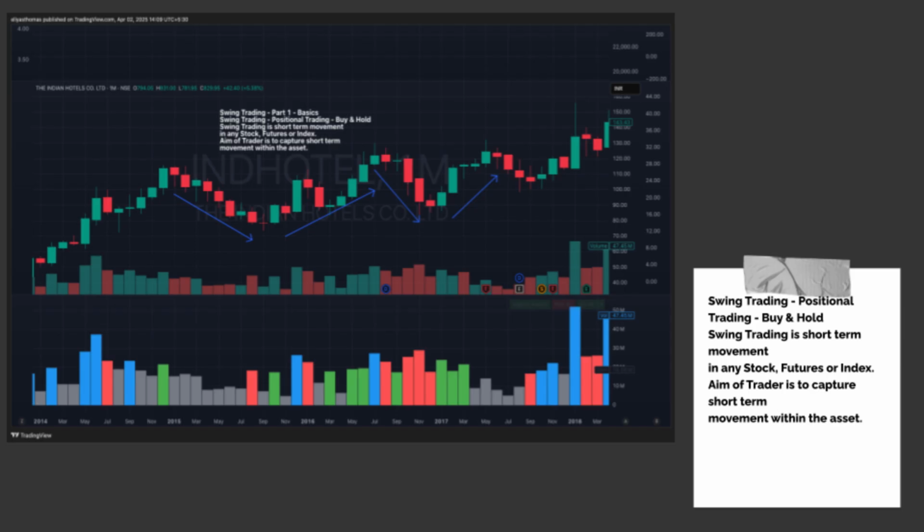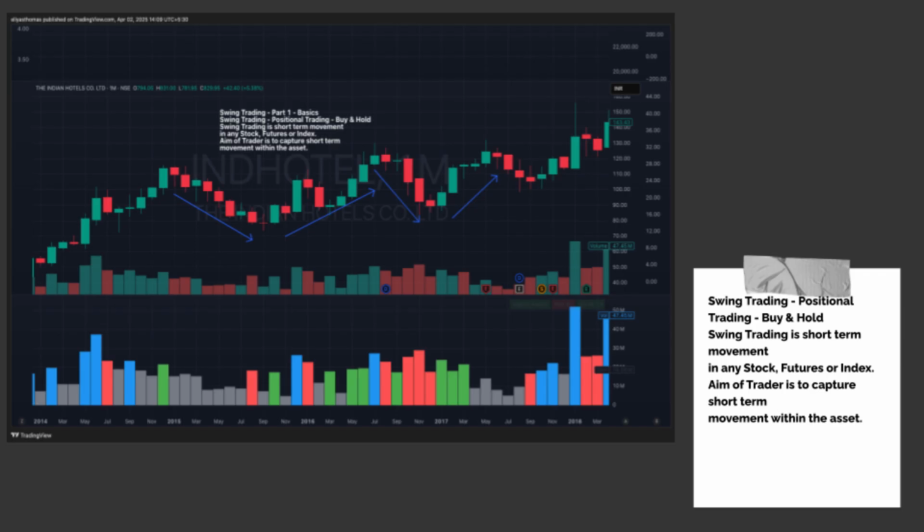Now, if you see this particular movement, this cannot be categorized as a swing because there are some sort of retracements happening on the upside and the downside, right? So basically, a swing is where you can clearly mark out a pivot and price either falls or rises from there. So that is the job of a swing trader. His aim is to capture the most relevant swing that is likely to happen,